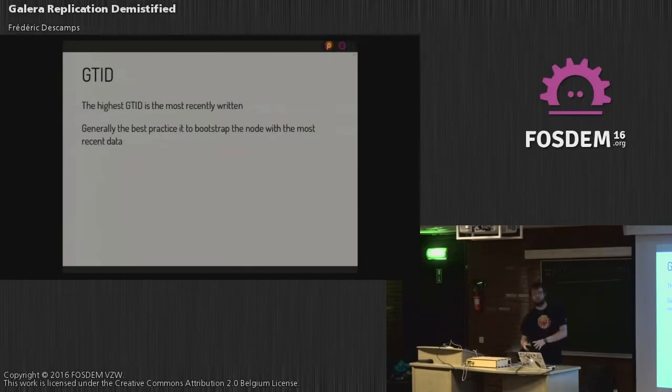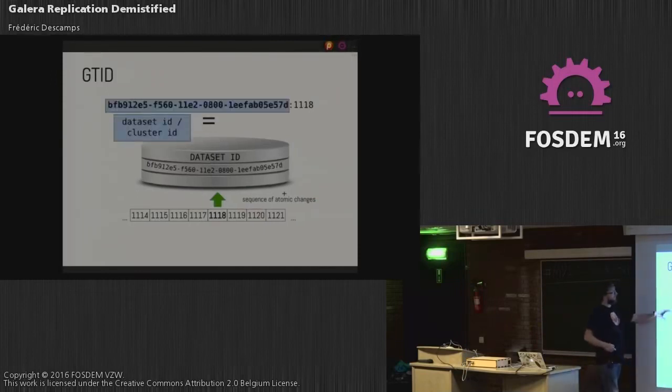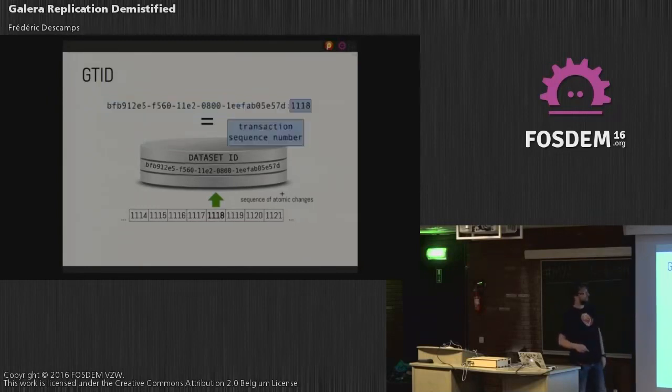Depending on what version of Galera you are using, this is automated in some versions and the new version. So some more about GTID. This is what it looks like, and the GTID in fact represents the dataset ID, right? So we have here the dataset ID or the cluster ID, the same everywhere on all the nodes, like they said this morning in MySQL 5.7 group replication.